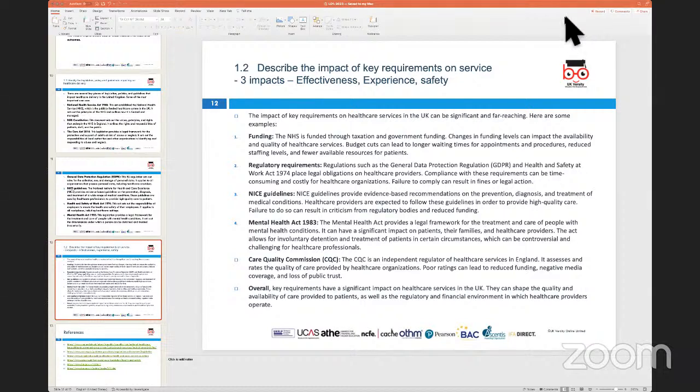It put a lot of pressure on various services, and there was a backlog, as a lot of operations were postponed. Many treatments that patients were lined up for, for example hip replacement or heart surgery or other such surgeries,